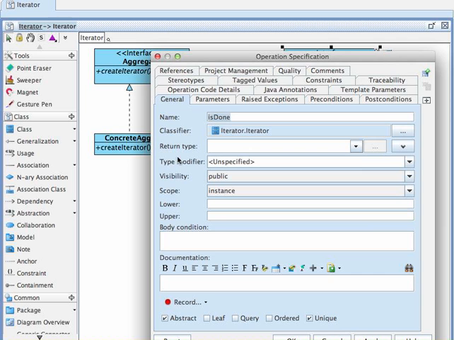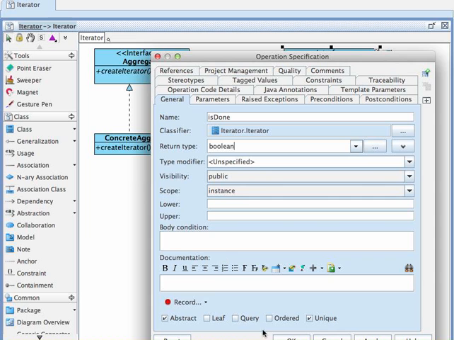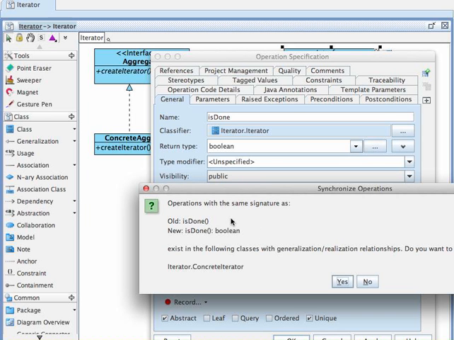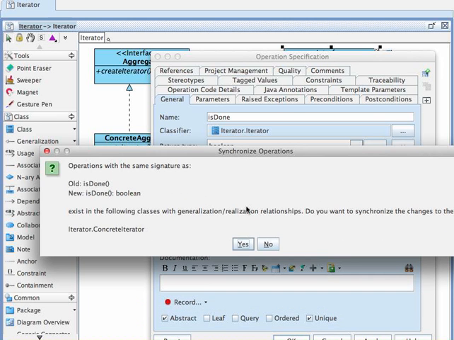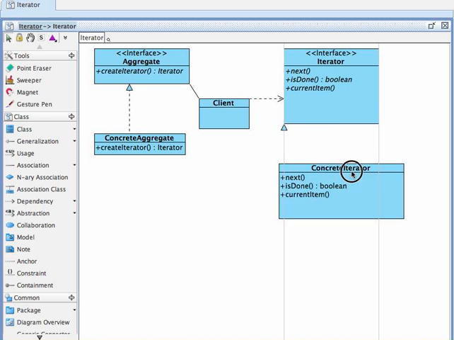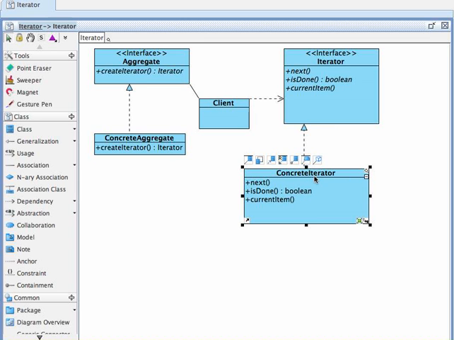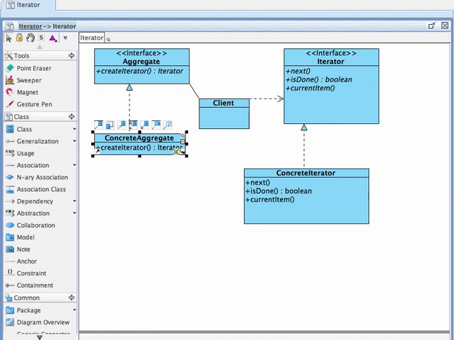Open specification, return type should be Boolean. Okay, and it says operations with the same signature as old is done, Boolean exist in the following classes. Do you want to synchronize the changes? Yes. So I changed the return type up here, and then it changed over here. So if you're not sure exactly what this is going to return, you can decide on things like that later, and it'll sort of fix things up for you. That's a little better. So now I want to create the last thing, which is